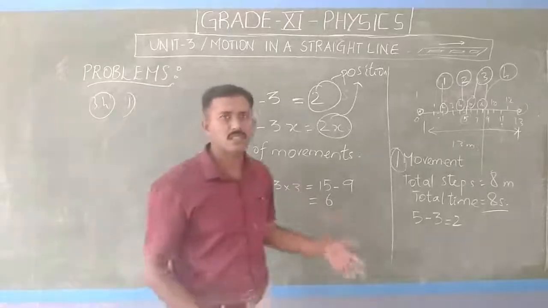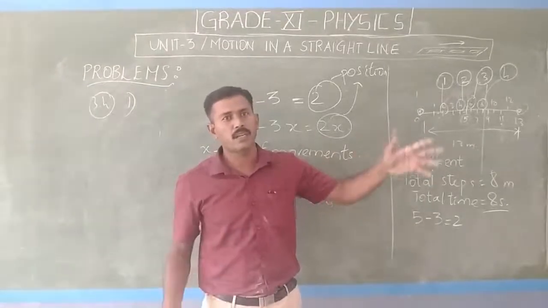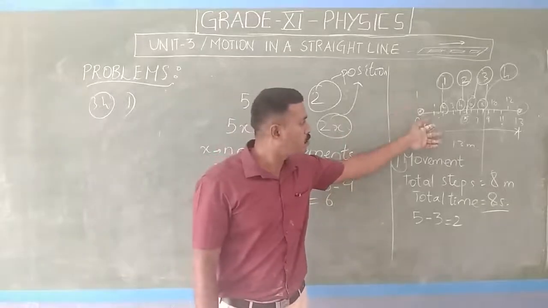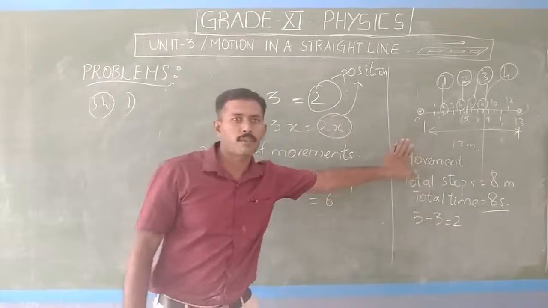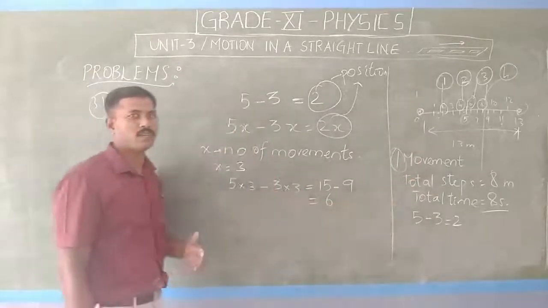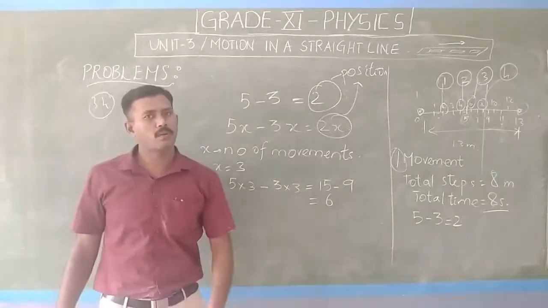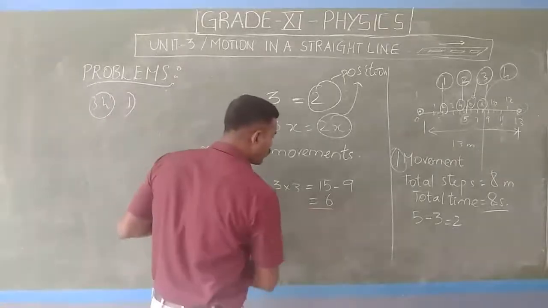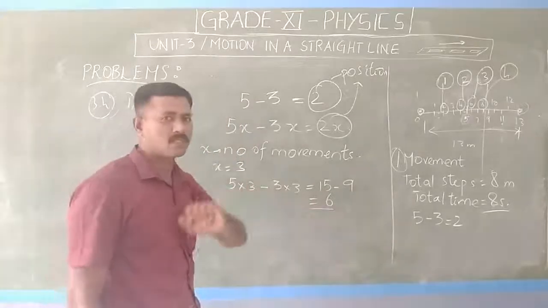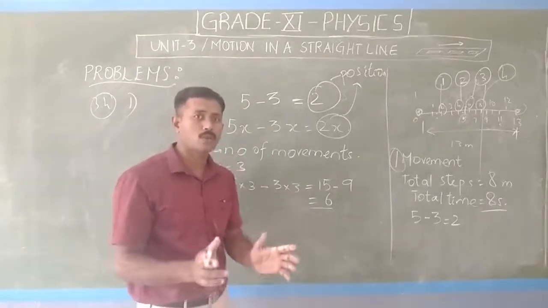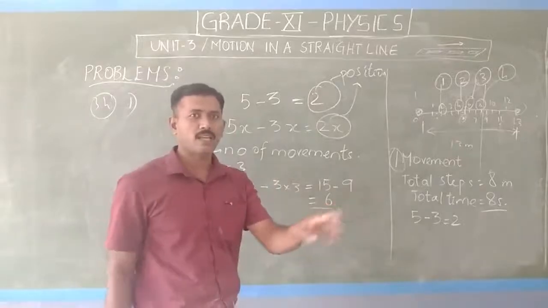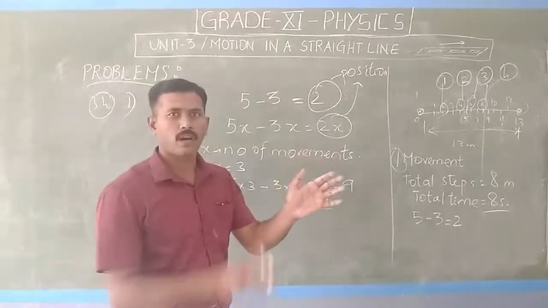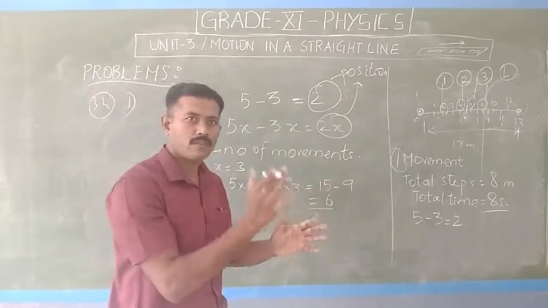If the answer is asked to be elaborated so much with the graph, the numerical data and steps, you can prefer this method. This is just a minute method, and it may be asked even in a 1 mark problem. Now if I substitute x equal to 3, the position is 6. So if x is 3, I get the 6th position. That means the 6th is quite half of the 13th.